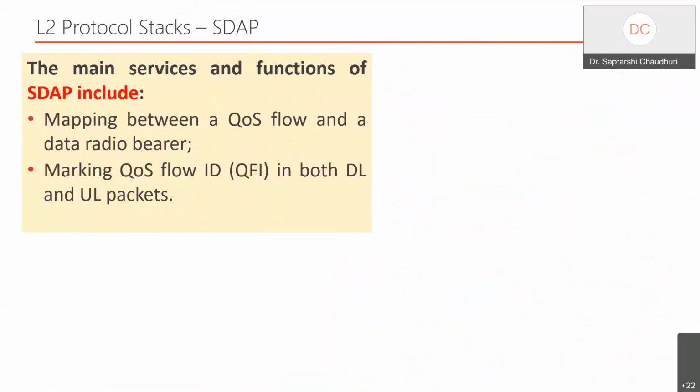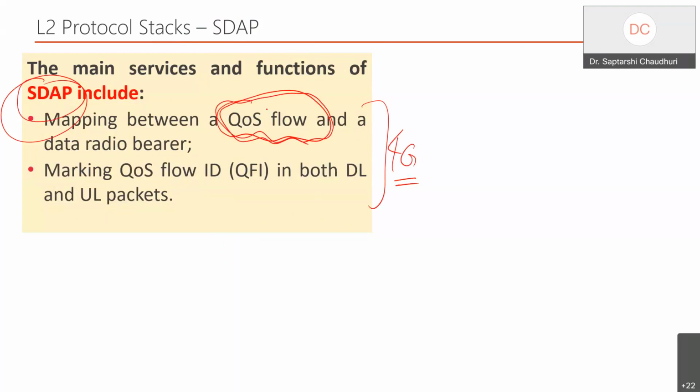Now, in 5G, we added another protocol, a layer called SDAP. Very small, another thin layer. And this is the flaw that we have seen in the 4G world. This is the big thing that we all talk about in the base station: how best is your base station able to maintain the quality of service. So this is the entity that we thought should be more aware of the quality of service with respect to another entity called the data radio bearer.